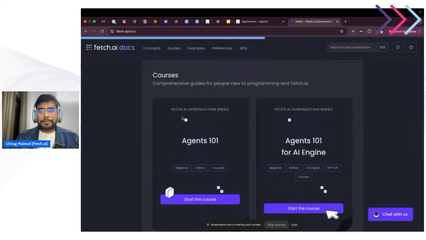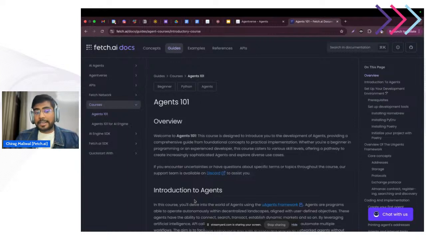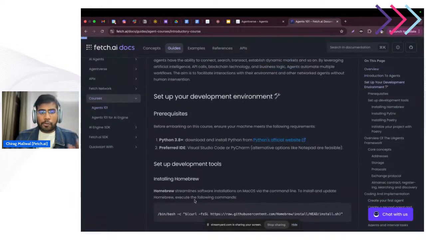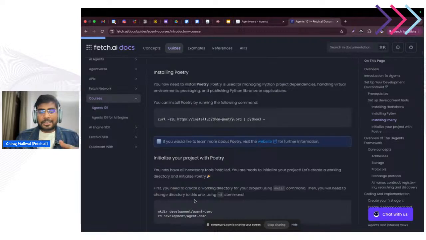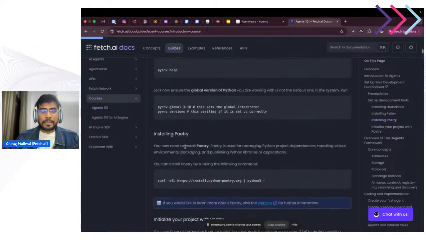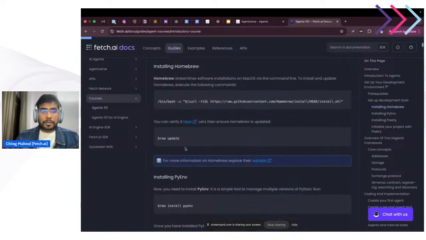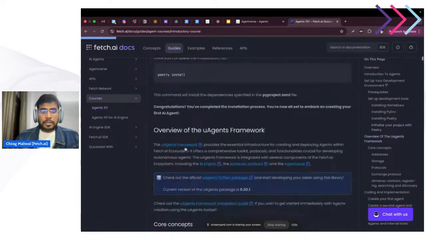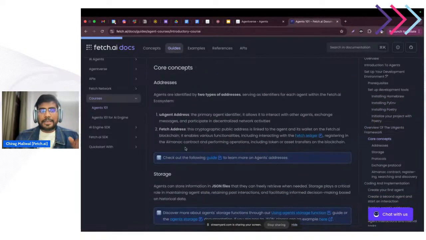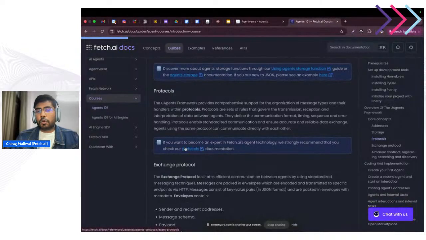And we have created some introduction series as well, like Agents 101, where you will get a more detailed idea about what agents are, how you need to set up your development environment, what the prerequisites are, and the steps to install each and every prerequisite on your system, as per the system you use, whether it is Windows, macOS, or Ubuntu. Then you will create your first agent by following this guide.